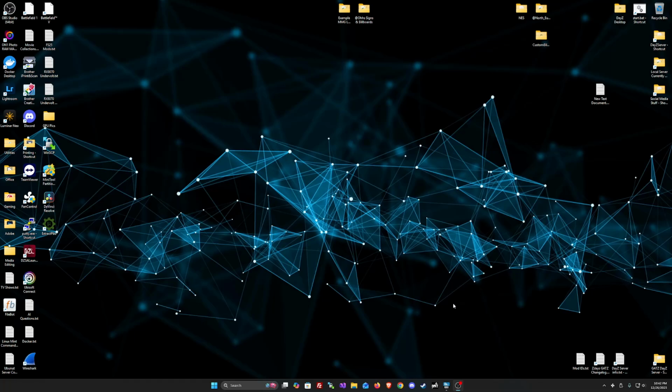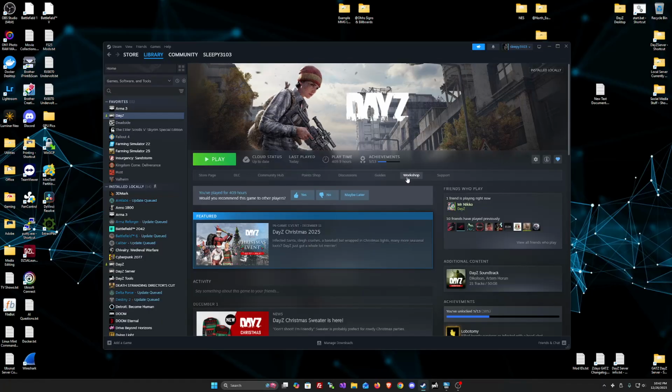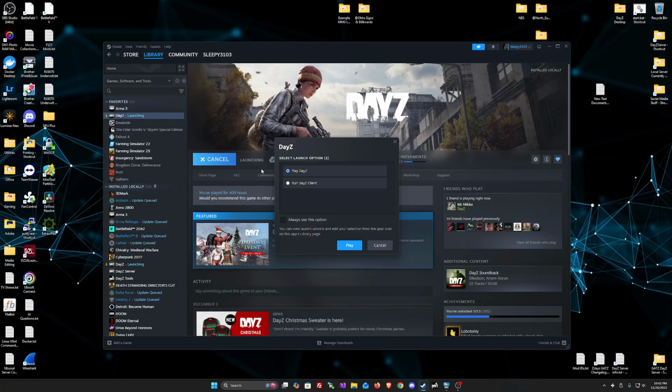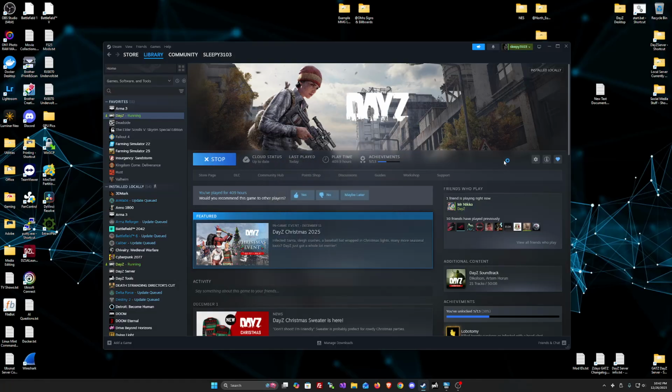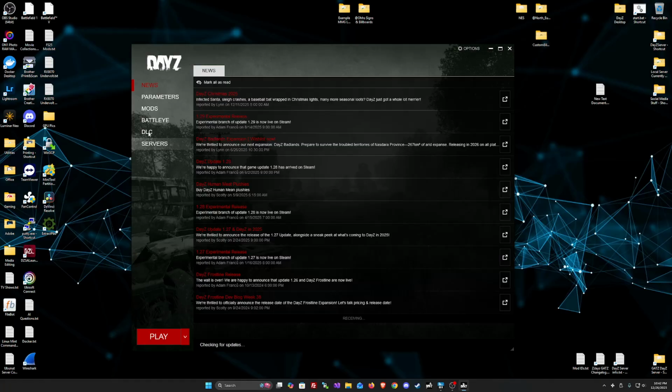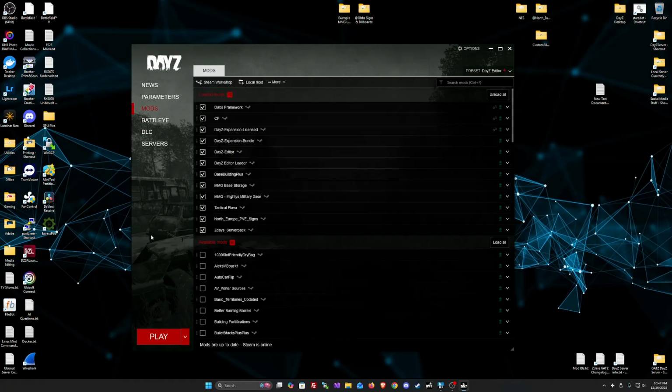Alright, so this is how DayZ editor works. You download the mod like anything else: go to the workshop, subscribe to the mod, open up the launcher so it downloads, and then go to mods. What I do is save a preset, but you load the DayZ editor,